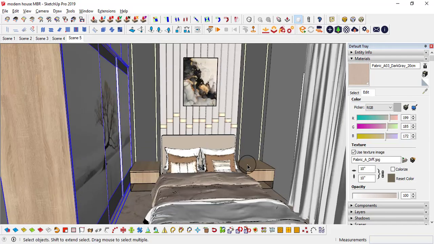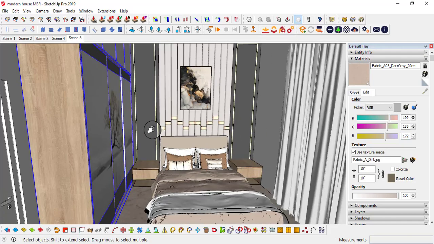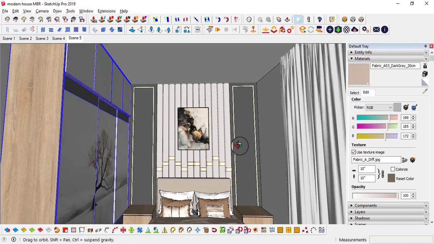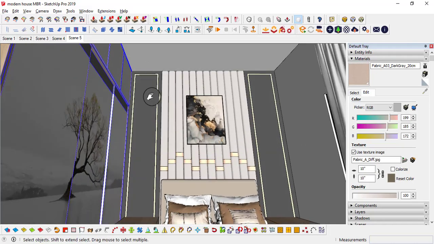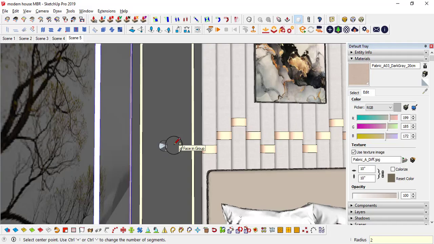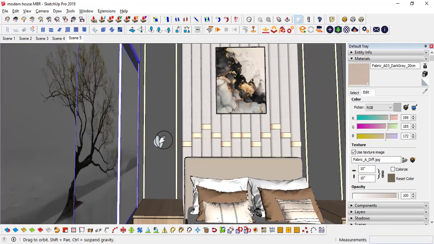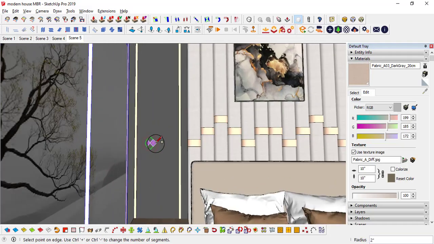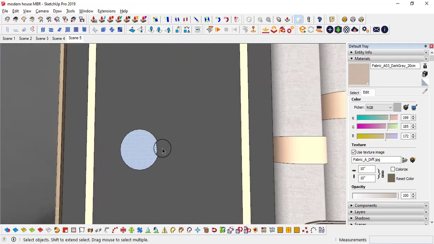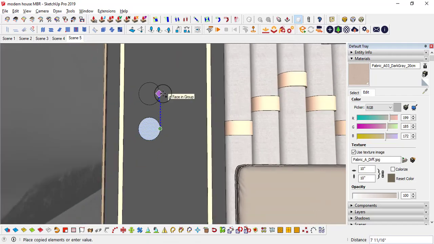Now I need to make some decorative parts over here and lights. So I will make sample lights. Okay, 2 inches, probably 3 inches, no, 2.5 inches, which means a 5 inch diameter circle. M, Control, in this direction 9 inches.